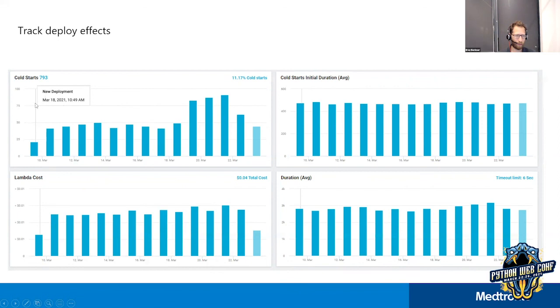So a specific deployment that happened over here created this impact of cold start or latencies. I'm not going to go into what cold start is, but this is an analysis that Lumigo provides automatically. And just by having this view and being able to dive into the specific deployments that were made over here, they were able to very quickly understand what happened and fix that.